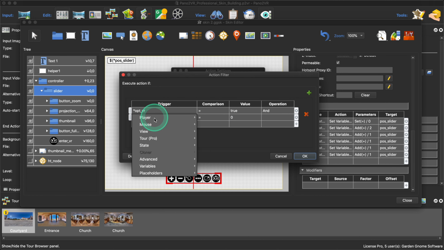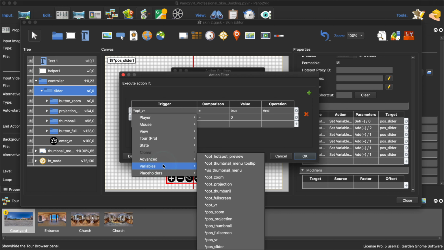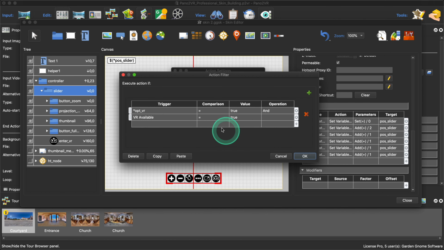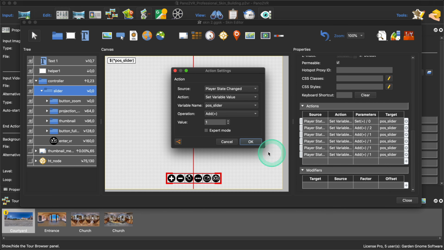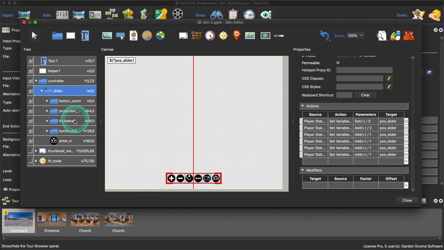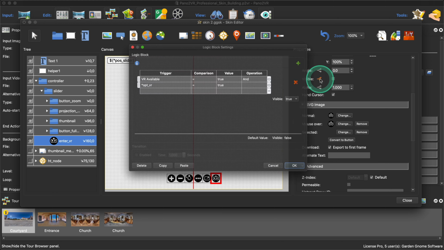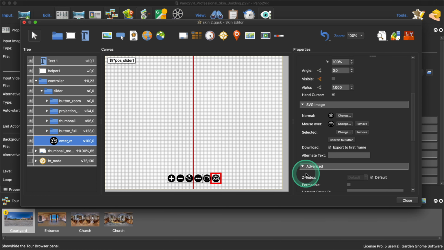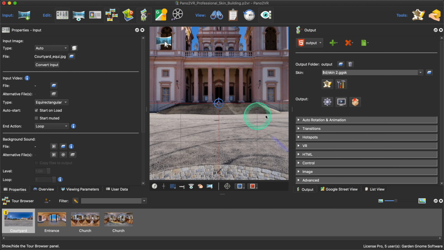But I can add another player if VR is available. So this is another part of the filter. When the option is being selected and the VR is available, that's when we'll see the button. Because don't forget, the button itself will only become visible if VR is available and the option is true. So now I don't need to keep